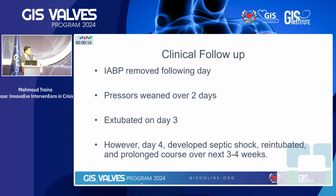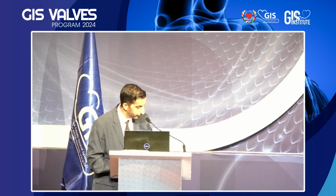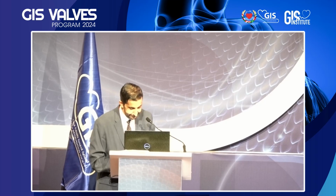As these sick old people do to you, they humble you. We patted ourselves on the back, the patient was doing great, the balloon pump was removed the following day, the pressors were weaned, he was extubated, then he goes into septic shock on day 4. He was reintubated, had trouble getting off the ventilator, and spent, I think, 4 to 5 weeks total in the hospital after that. Sometimes you do all you can, and then they take a step back. But he did survive. He was discharged from the hospital eventually, correct? Yes. So congratulations. It was an amazing effort from everyone in the hospital. Do we have any questions from the